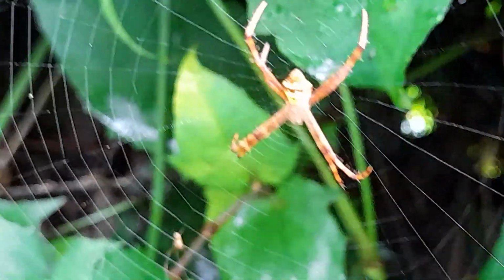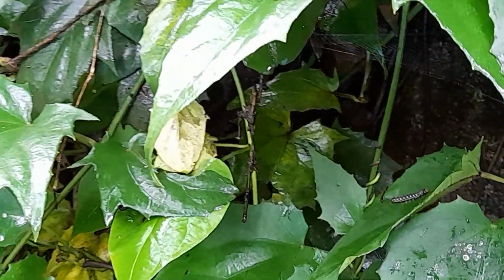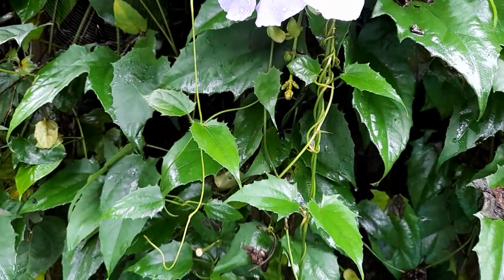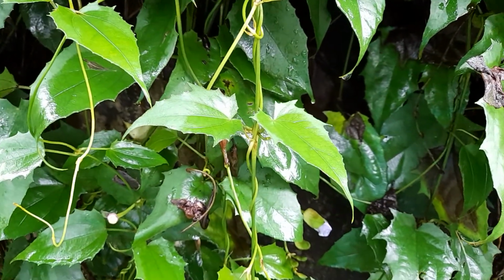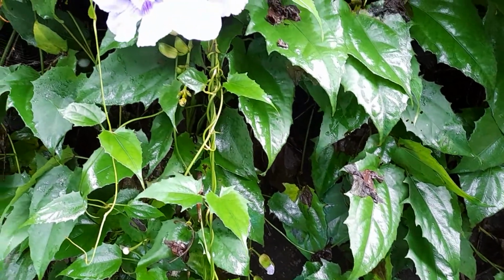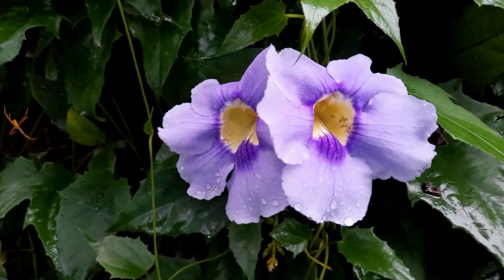And the thing is, it propagates from seeds, and the pods burst open and the seeds are thrown to a distance. Then a small fragment of cutting also is enough to propagate it. Then root fragments also are enough to start a new plant. And then the stolon also, and from the tuberous part of the roots it can multiply, from seeds it can multiply, and from cuttings it can multiply. So it has numerous ways of propagating itself,